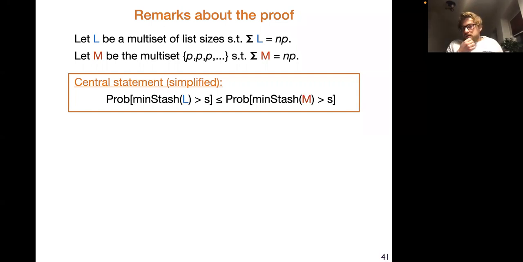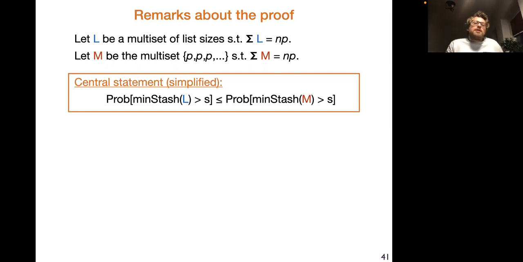This is what we start with: we want to allocate an arbitrary list distribution, still with the size n times p. So we need n pages, in total n times p